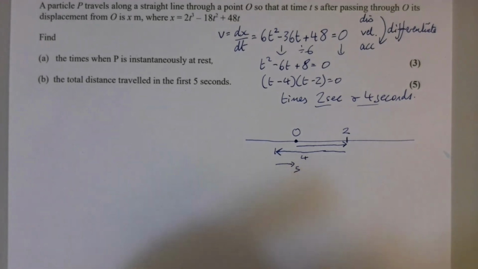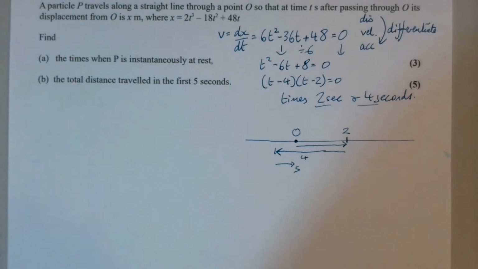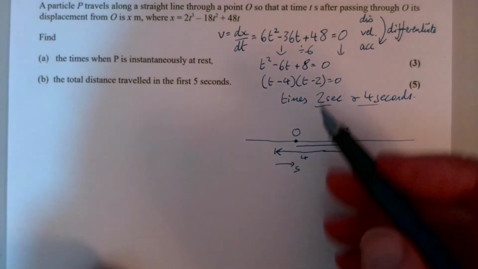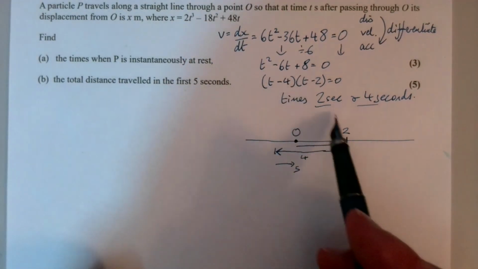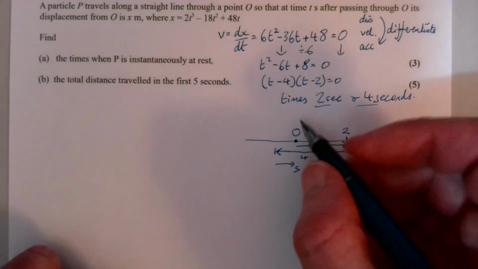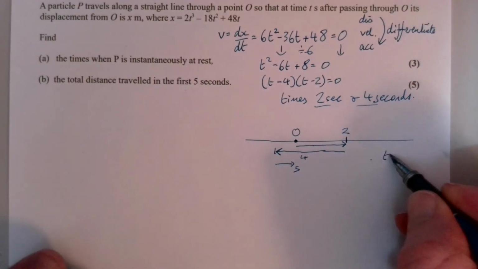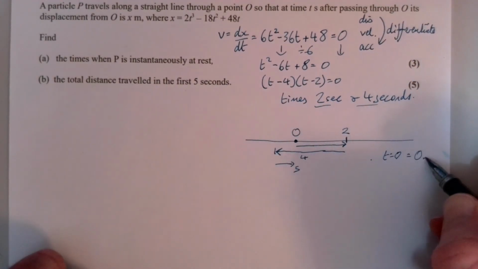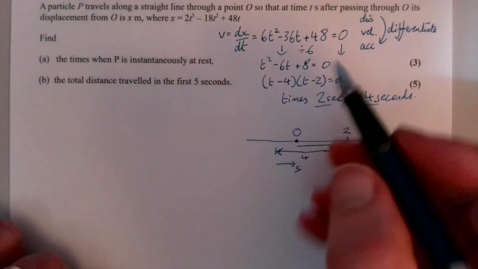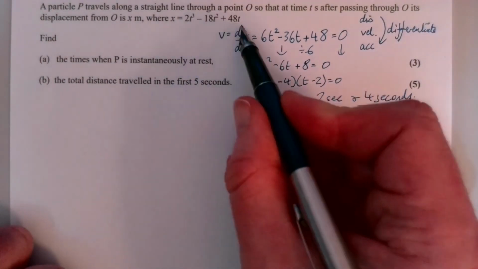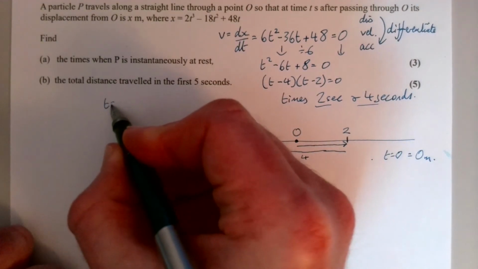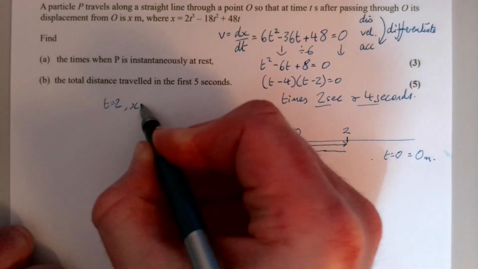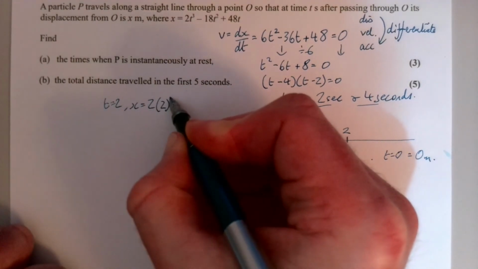So now, having said we need to think about it, I'm going to forget about it, and I'm just going to find out what the displacement is at the important times. I know the displacement at time equals 0 is 0. So the displacement at t equals 0 equals 0 meters. When t equals 2, we need to pop it into the displacement equation. So t equals 2, x is going to be 2, and I would just write it out again